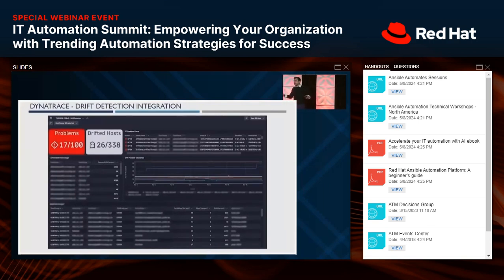Now, the most favorite table in this dashboard for me is the one at the bottom. Why is it most favorite? Because using Dynatrace's query language, on the go, I'm able to parse the data, put it into different formats that I need, and put that on the dashboard. And what this table is telling me is which host, the first column that is blurred out, is the name of the hosts that have the drift on them. And the ones beside it tell me which files have drifted.